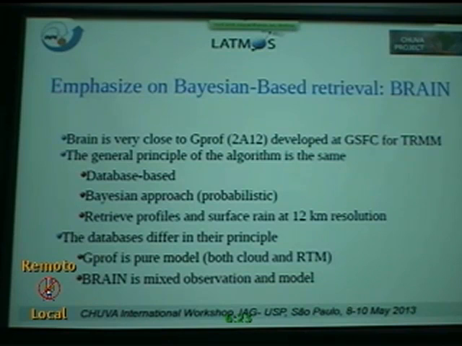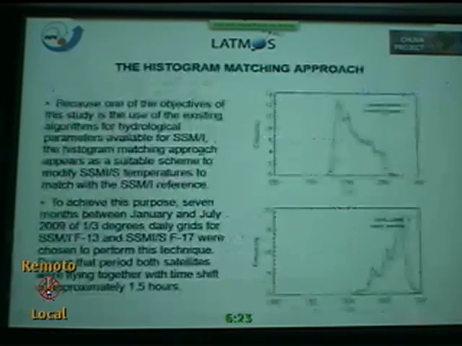So we tried to come up with a version of BRAIN for this high frequency spatial resolution. The databases are, of course, based on different principles. GPROF, as I told you before, is a pure model. In the case of BRAIN, it's a mix of observations. So the histogram matching approach,